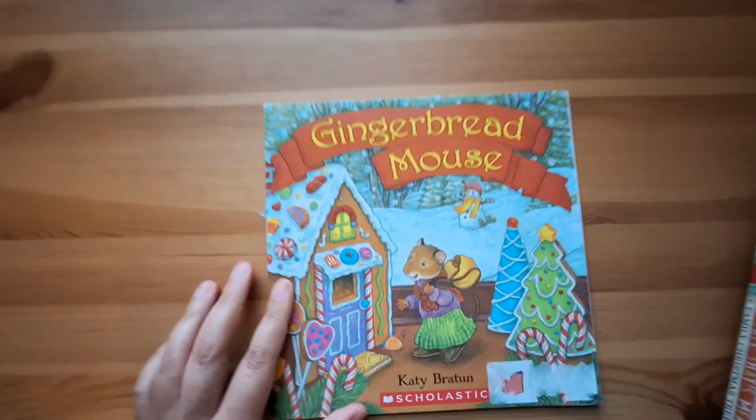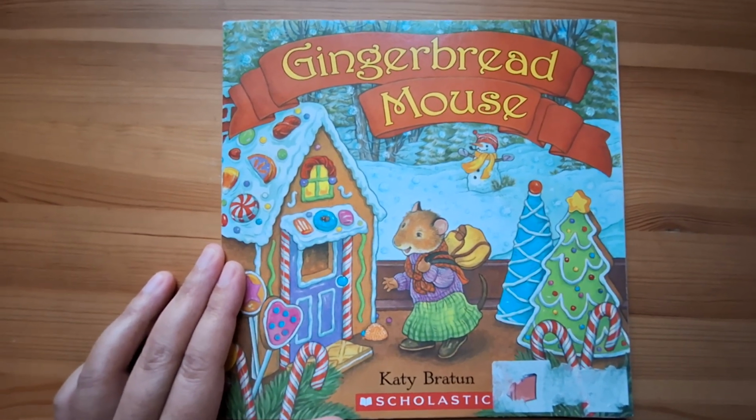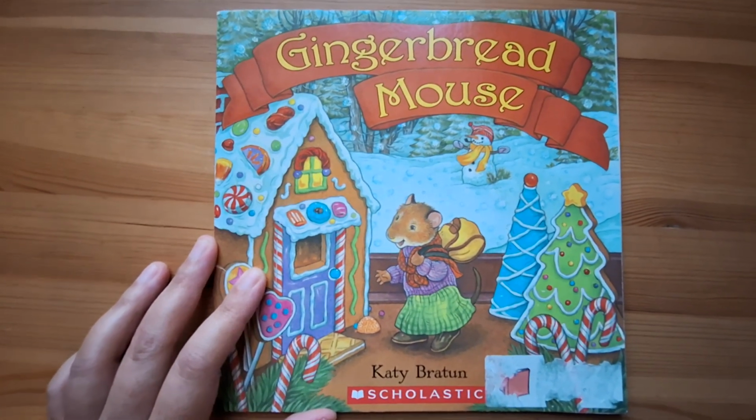And then the absolute favorite in our house is the Gingerbread Mouse. It's about a little mouse who loses her home, and she finds a new home, and she meets Santa Claus. Definitely a wonderful book